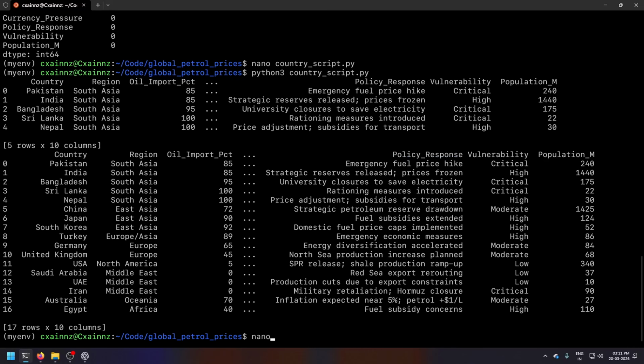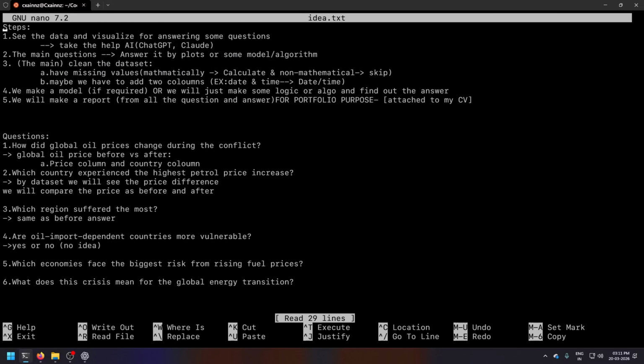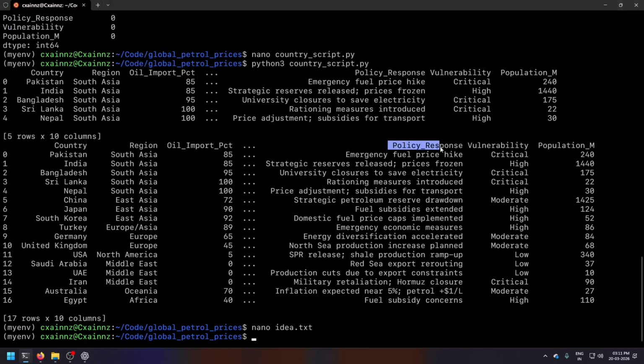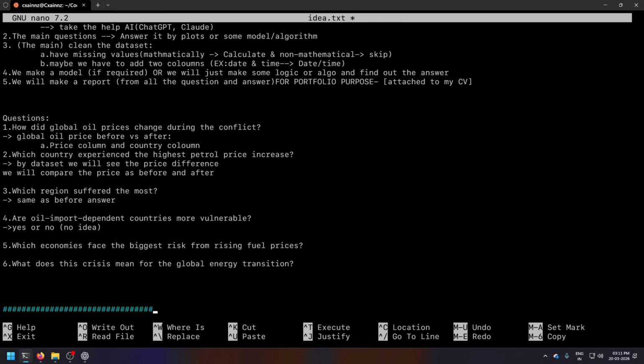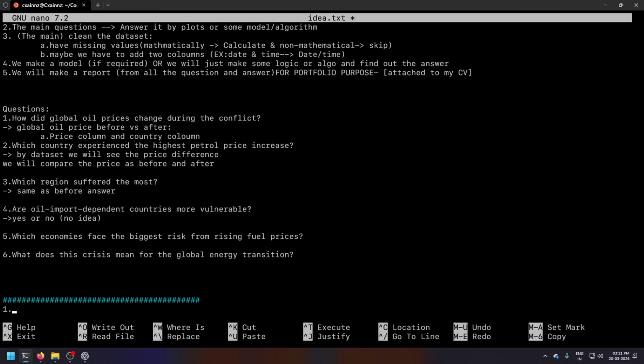Okay, so the idea is basically which country experienced the highest petrol price increase. What if the question is, let's say, which country shows the most vulnerability to this war?